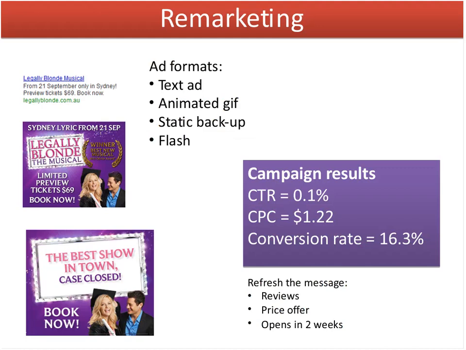Here's an example of a campaign that we're running right now, actually, for Legally Blonde. Based on those previous visits that we had from State of Origin and other publicity over the last, I think, 60 days, we're collecting remarketing data. We have about 6,000 people on our remarketing list. So how does it work?